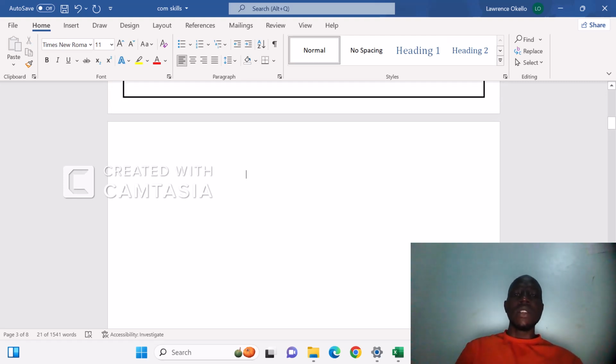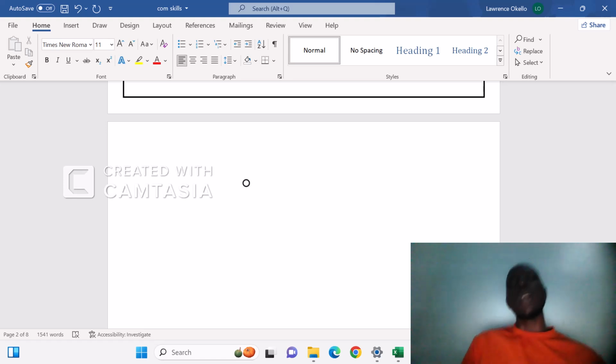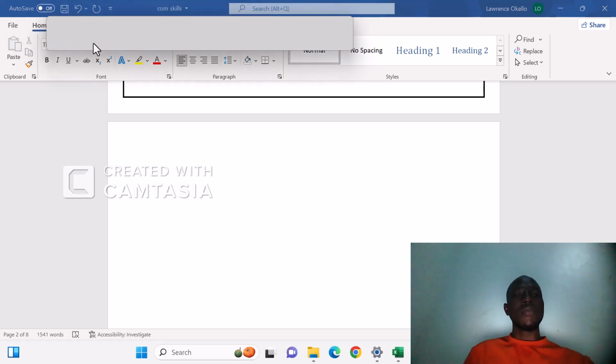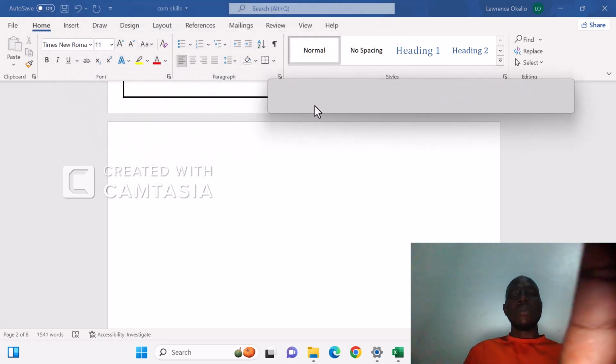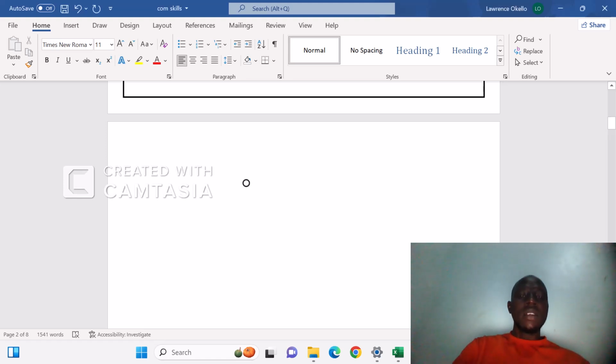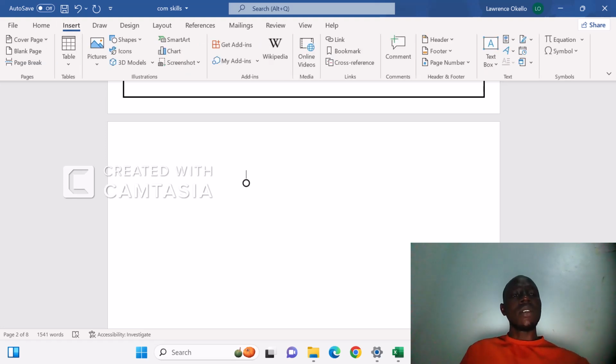If you have challenges creating an empty page, what you can do, just go to the insert button, and then onto your top left corner there are options for you to add maybe a cover page or for you to add a blank page. So you can just tap on blank page and the page is going to be open for you. So when your cursor is on the empty page you have created, what you are going to do, just come to references,